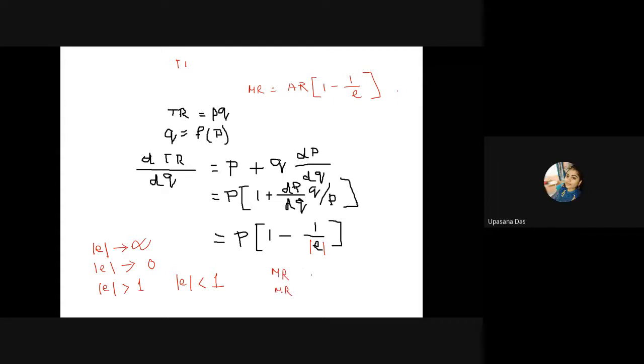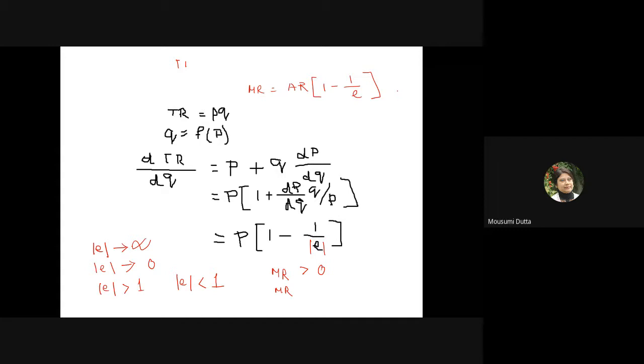Positive. Okay, suppose 5. Greater than 1, that is 5. 1 minus 1 by 5. This is the idea. So MR is positive, and price is always positive. So if the demand is elastic, in that case,